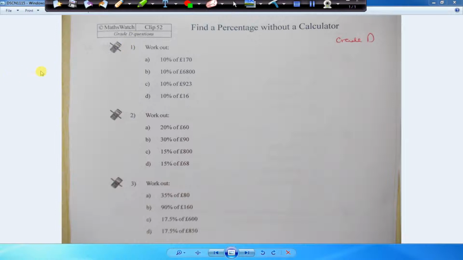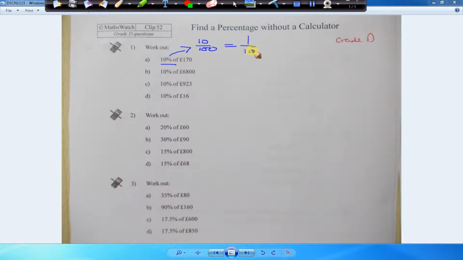The lids are being closed. So I don't want anybody using a calculator for this. You do not need to use a calculator at all. Now, let's have a look at what these kinds of questions mean. If you want to work out 10%, 10% means 10 out of 100, and 10 divided by 100 cancels down to